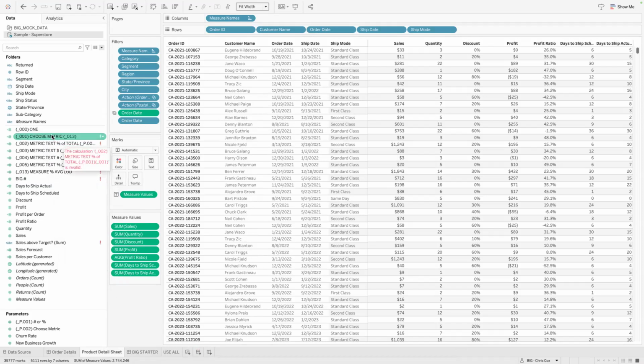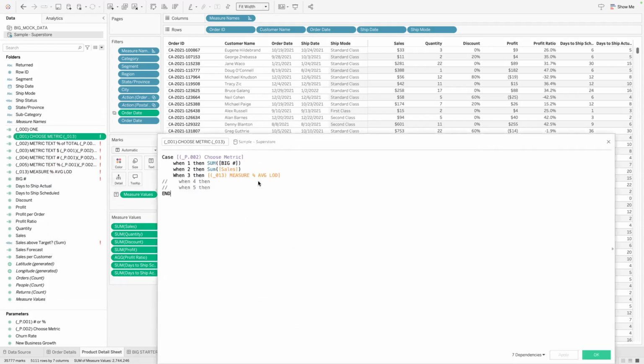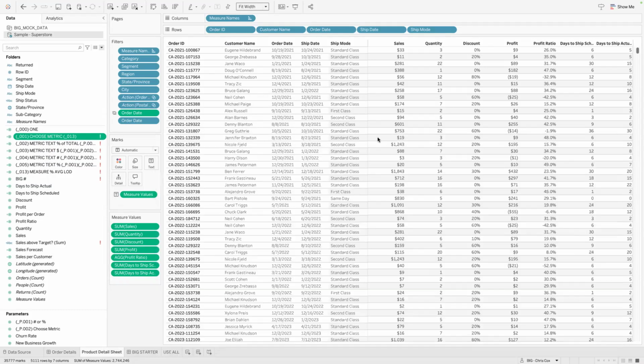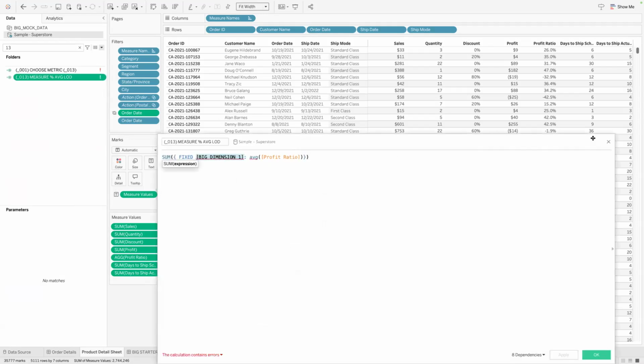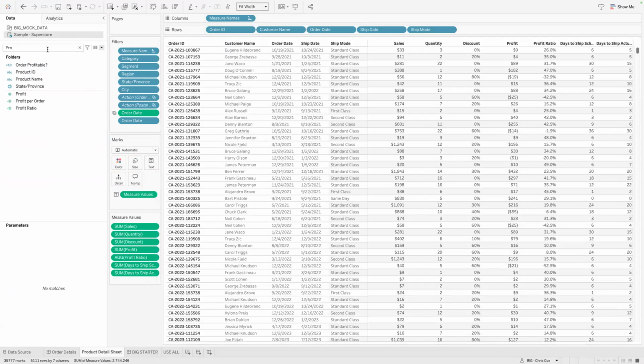One of the things I always build is a choose metric. This lets me pick things out. You see the ones I've already replaced; sales is one I swapped out. Then I had a percent of total that goes to my 13. Let's figure that one out real quick. 13 should be my metric. I have to swap those things out first, so that's going to swap with a category or product name. That'll give me my profit ratio. Maybe do average.